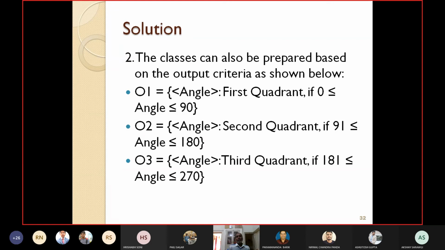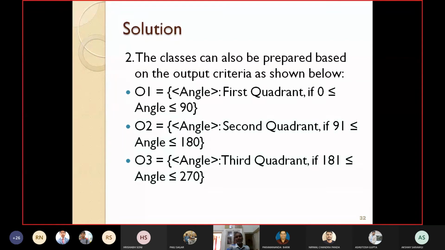What is the condition? If the value lies between 0 and 90, then it will lie in the first quadrant. If the input value is between 91 and 180, it will lie in the second quadrant. If it is between 181 and 270, it will lie in the third quadrant. And if the angle lies between 271 and 360, then it will lie in the fourth quadrant.